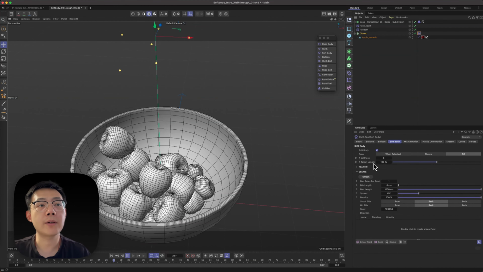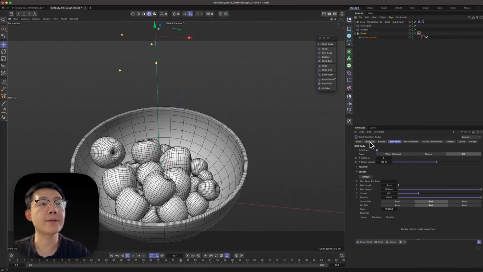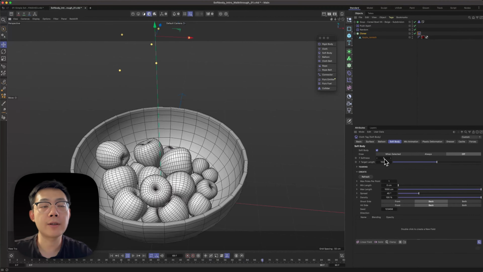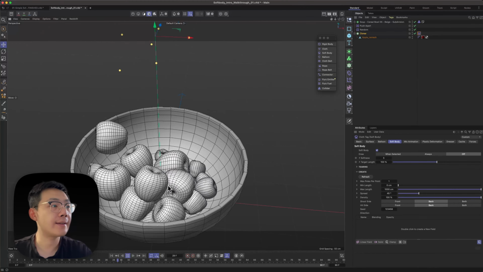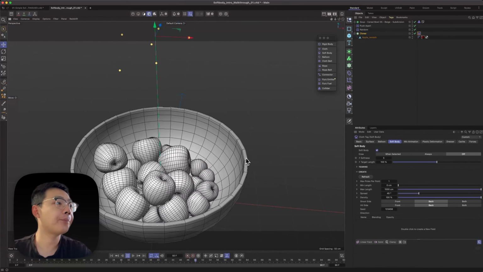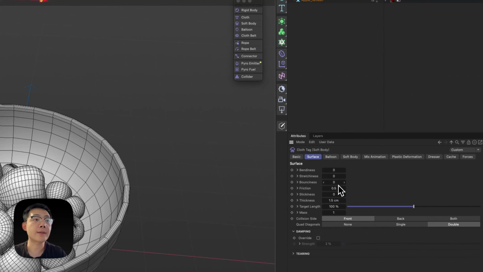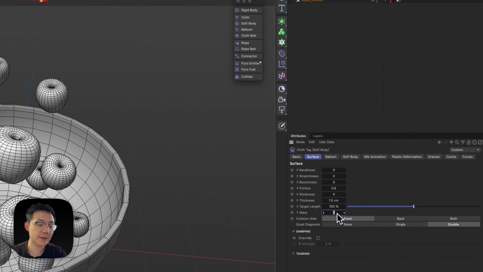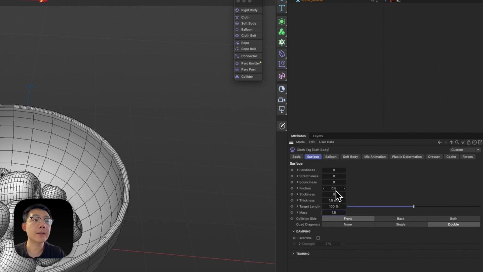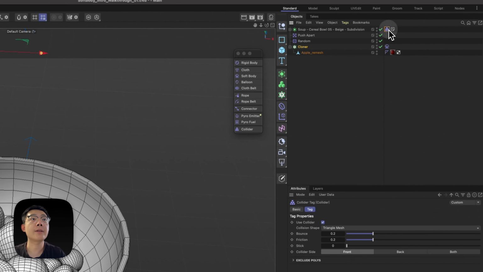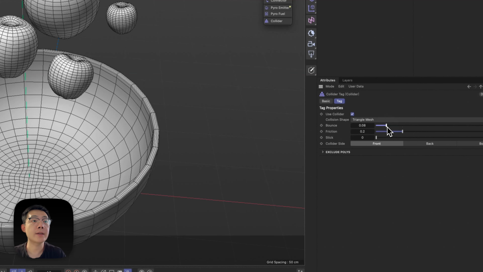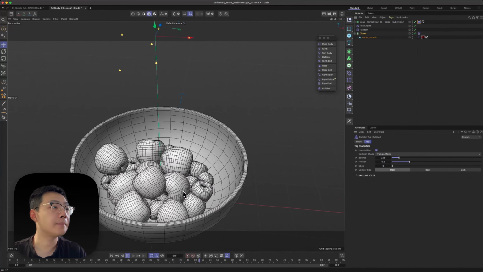Now you can play around with the settings yourself because these settings are not definitive. It's also determined by how dense your mesh is going to be. So let's make their mass a bit stronger and have a friction of 1. And let's turn down the bounciness a little bit. Okay, now we're